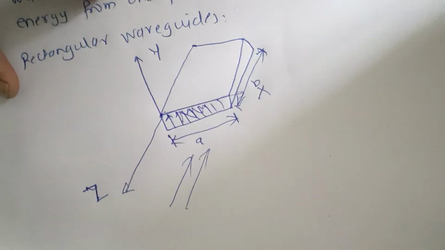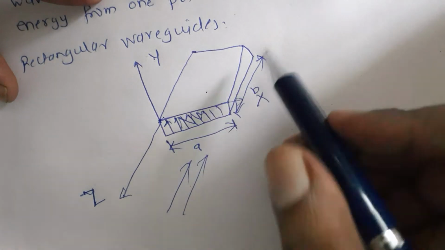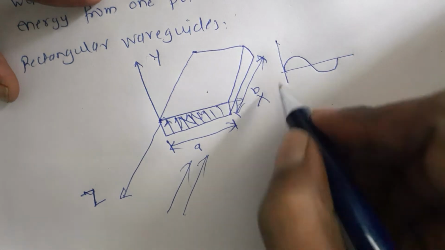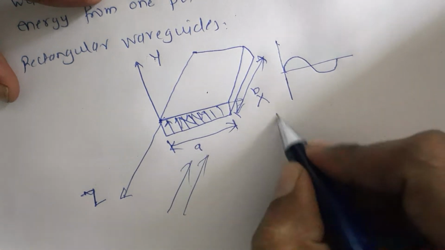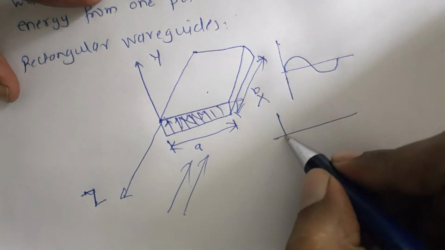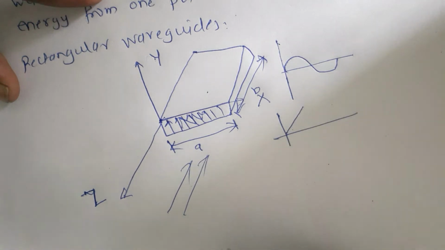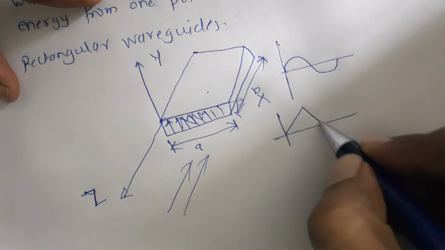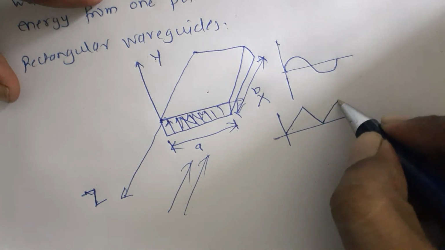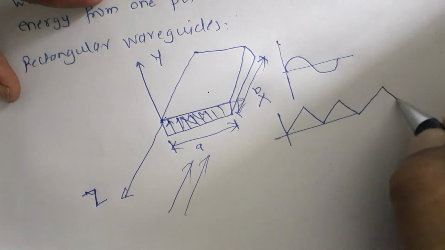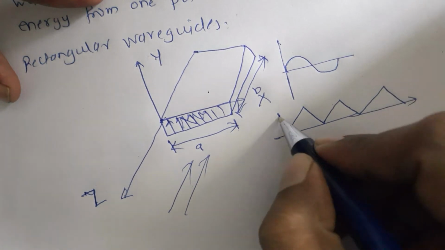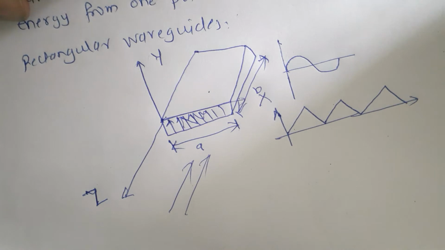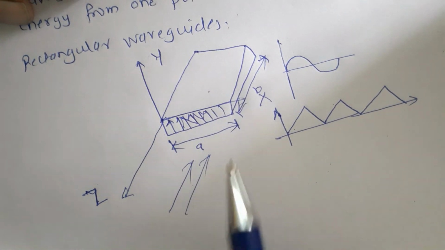So I assume in this particular hollow tube, this frequency I have to pass. This wave will be incident inside this particular hollow pipe, then reflected, then again incident, again reflected, again incident, again reflected. So this type of microwave energy transmission takes place in these hollow tubes.